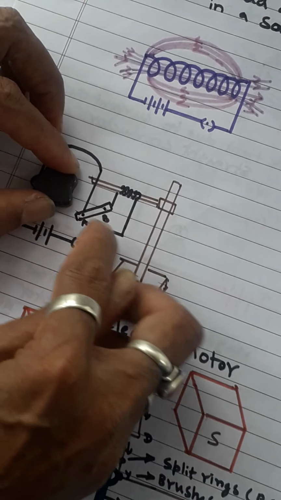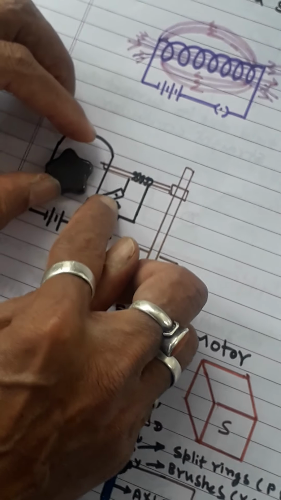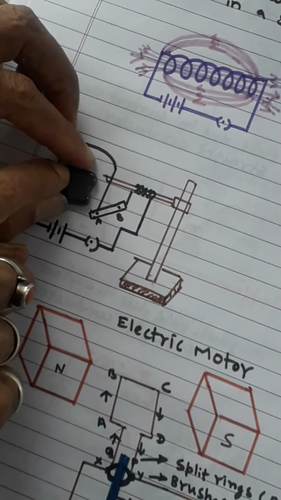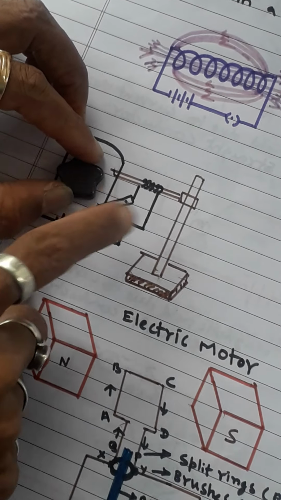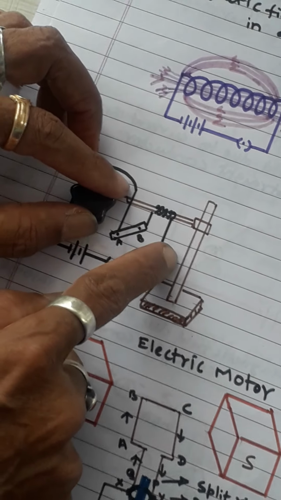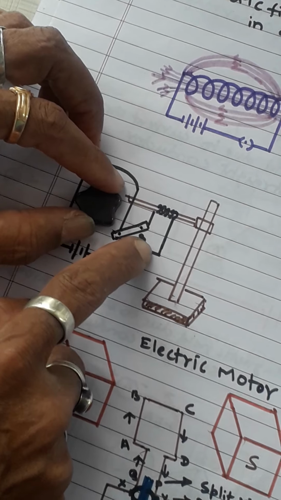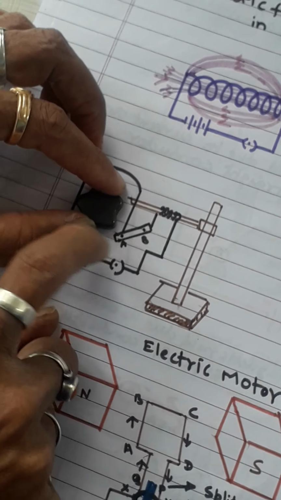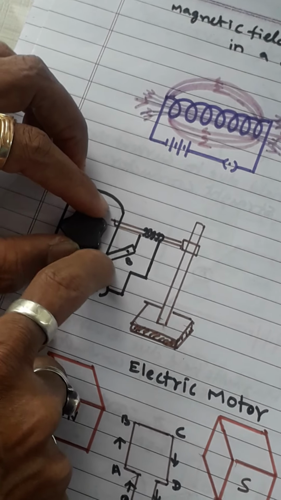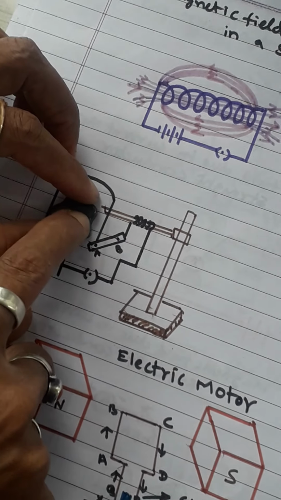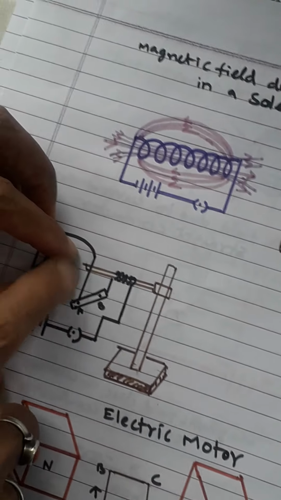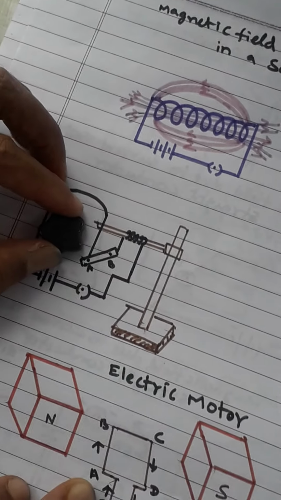Why? Because as current is flowing in that aluminum rod, it gets a magnetic property, and this magnet also has a magnetic property. We know that with both magnets, attraction and repulsion will always be there. So this starts to deflect. This experiment shows that by passing current through a conductor and keeping another magnet near it, we can also produce force. I am explaining this experiment because of that we can do the function of motors also.